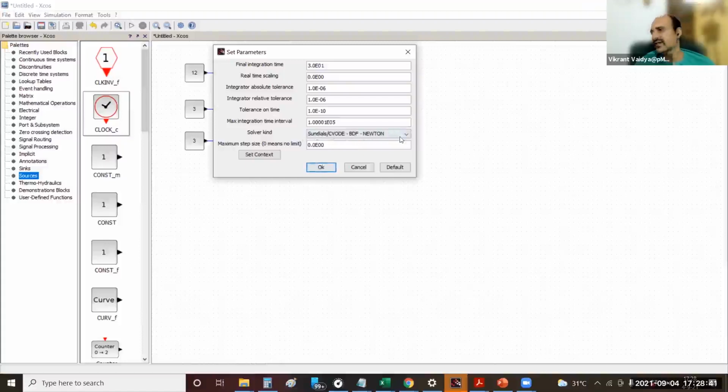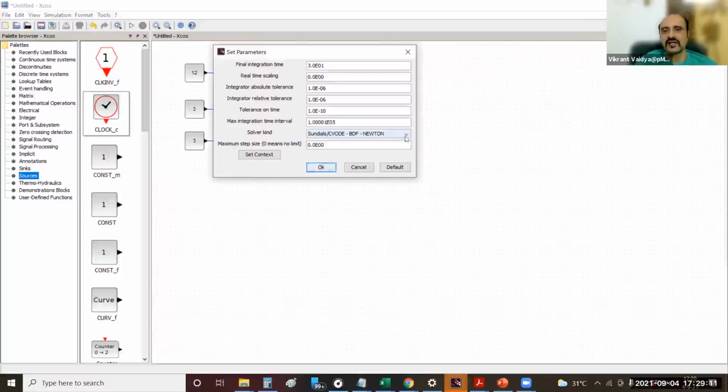So the solver is basically what numerical method is applied to solve the equations. If there is any looping, we'll come to what looping is in the next session. If there is any time-based resolution or convergence to be done, the solver will be used, which is one of the numerical methods, the backward difference formula of Newton.